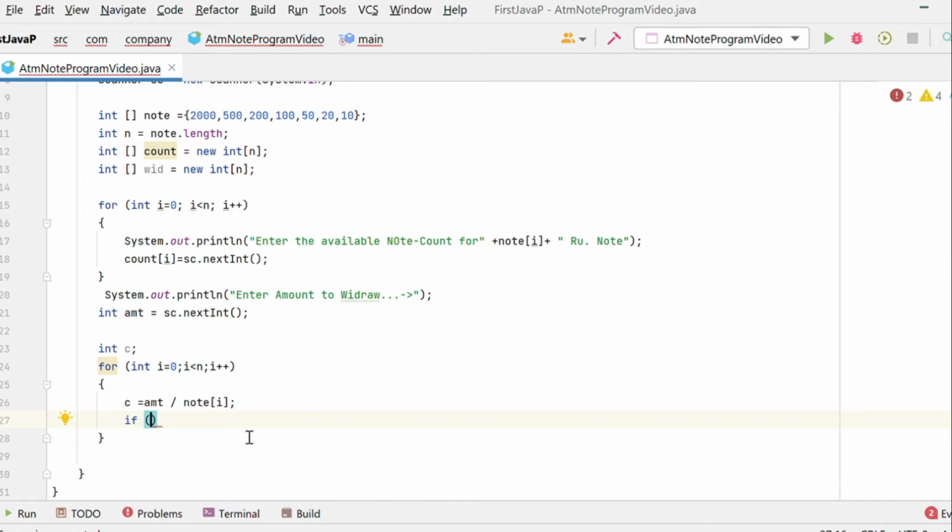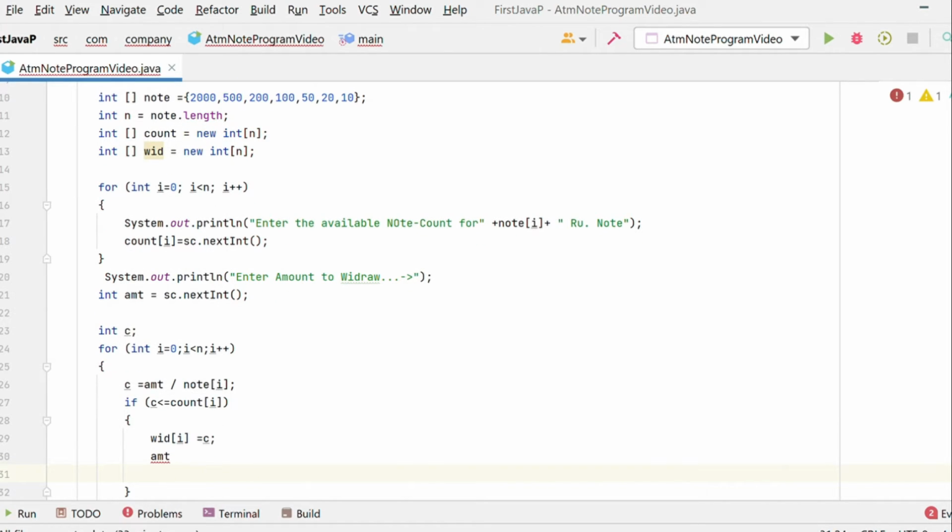So if c is less than or equal to count of i, then what happens? In the withdraw array, withdraw of i, we are going to store c. Then our amount gets reduced.